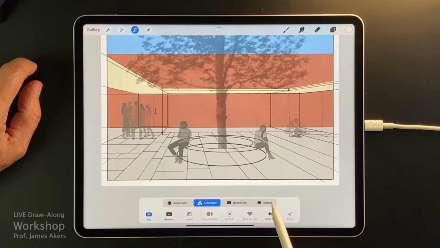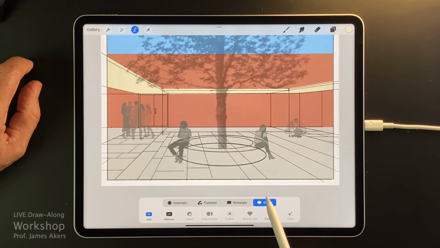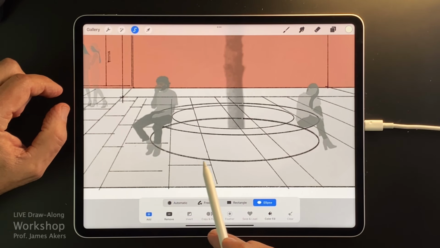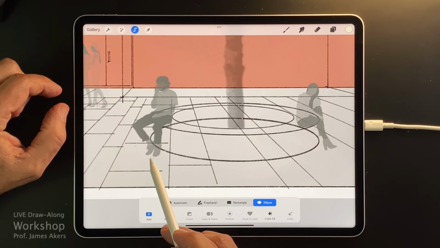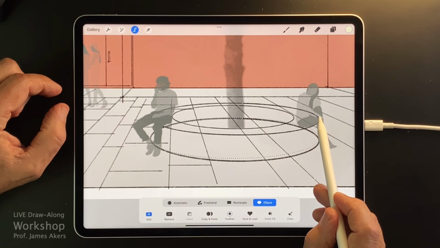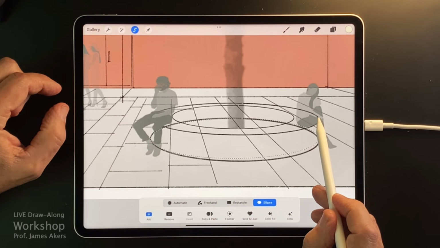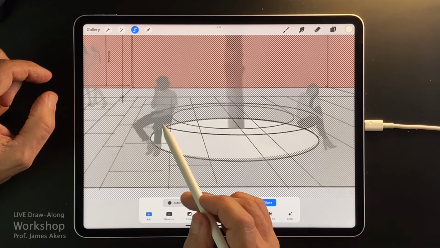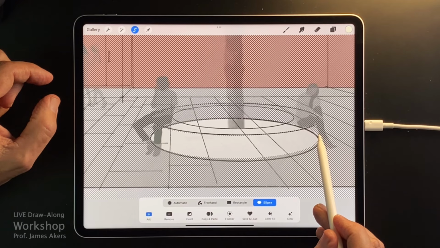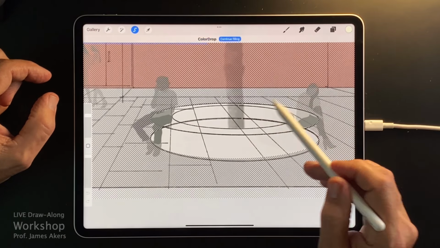Now I could actually use the ellipse if I wanted to. I'm not very good at that, but I'll try it. And what you want to do when you use the elliptical selection tool is go to the imaginary corner of a rectangle that encloses this ellipse. And so I'm going to guess it's about there, and I'm going to pull across, and close enough for government work, and I'll stop there. And I'm going to add another ellipse at the top to define the top of the bench. And let's fill that in now.